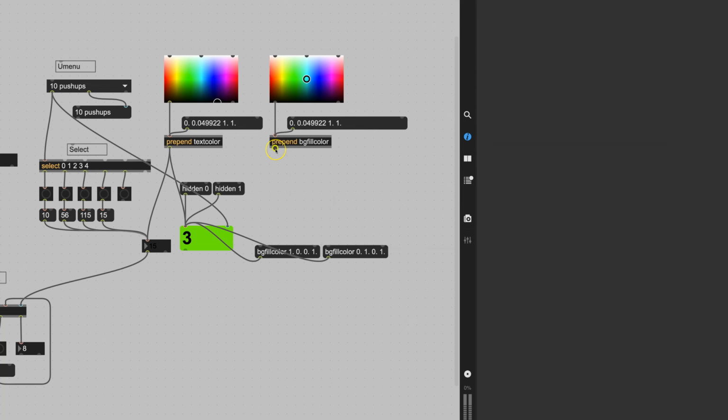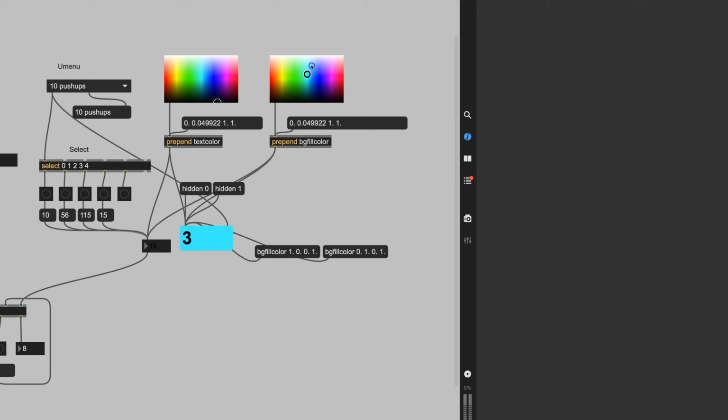And now, using a trick that we've used before, I click on this and then I hold the shift key down. I put it right on the number. I put it right on the message. Oh, I let go of the shift key and I put it on the message. Okay, so now we can change the background fill color on,